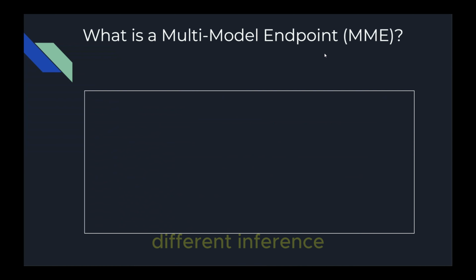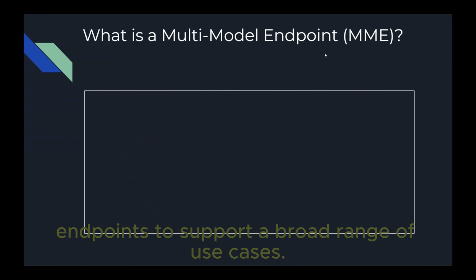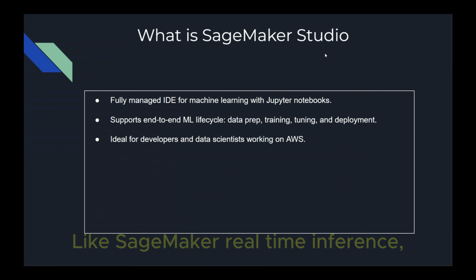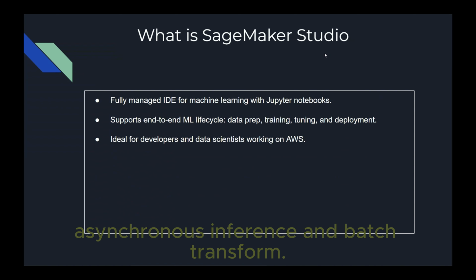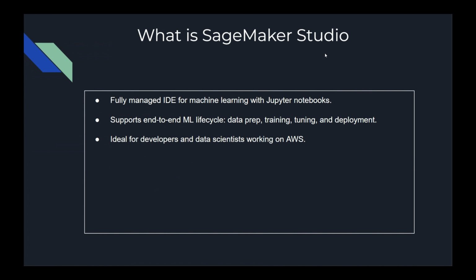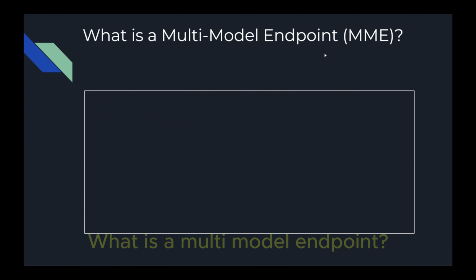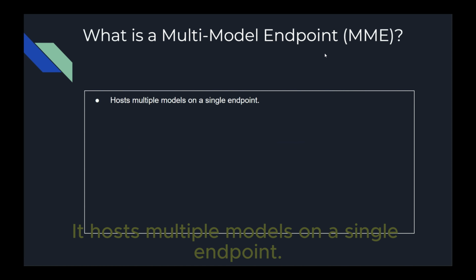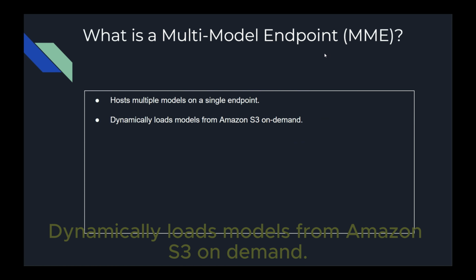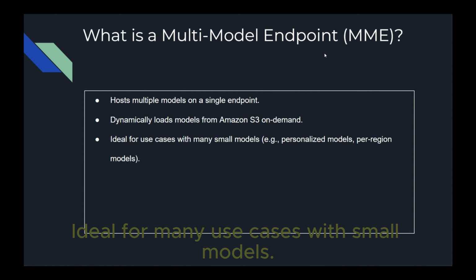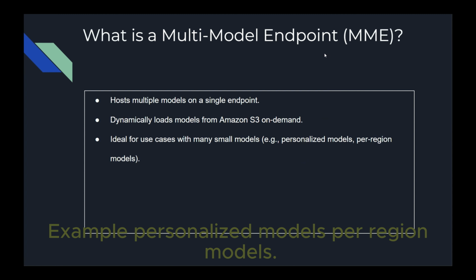SageMaker offers different inference endpoints to support a broad range of use cases, like SageMaker real-time inference, serverless inference, asynchronous inference, and batch transform. What is a multi-model endpoint? It hosts multiple models on a single endpoint. It dynamically loads models from Amazon S3 on demand, ideal for many use cases with small models, for example, personalized models per